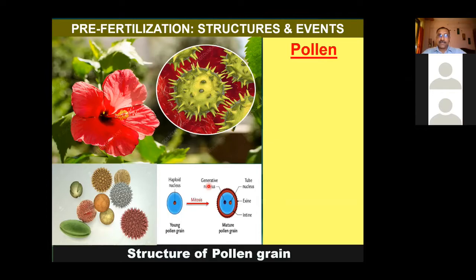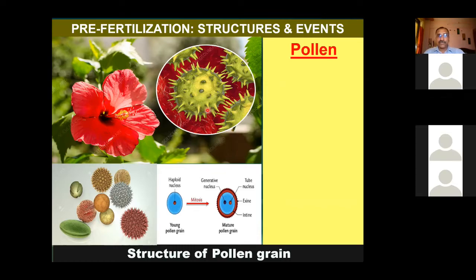Now we have come up to the pollen grain. Now you see in the slide, you can see that the pollen grain is there. This is the pollen grain. And this is a China rose flower. The Androecium of this China rose flower produces pollen grains like this. If you touch the flower of China rose, you can see so many minute microscopic yellow powder on your finger if you touch the Androecium part of the China rose flower.